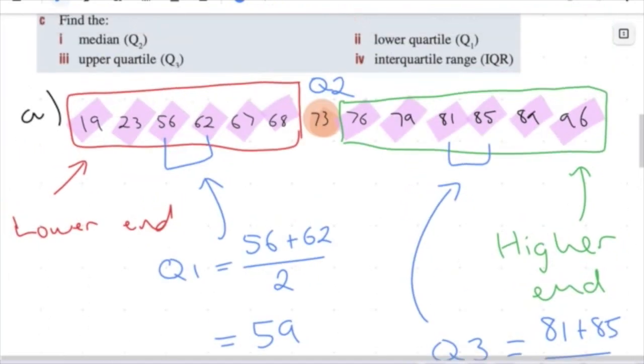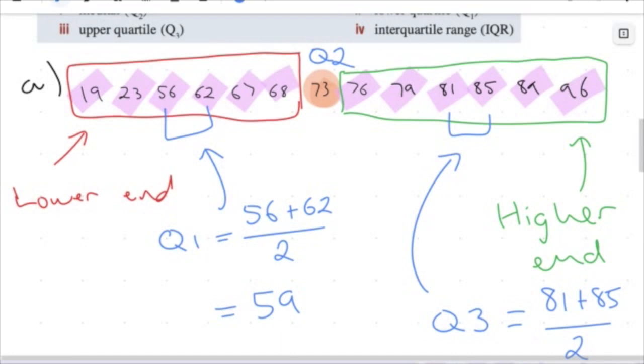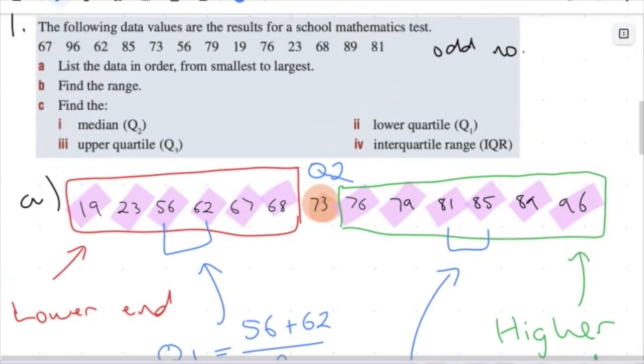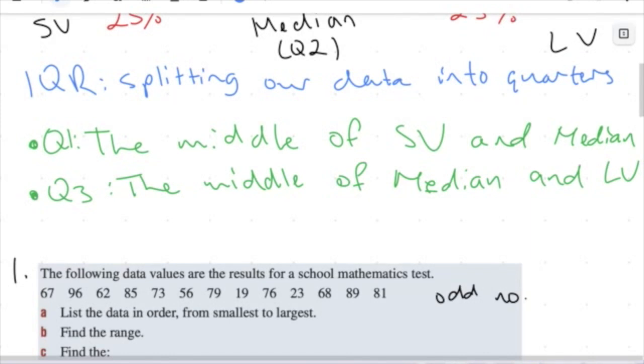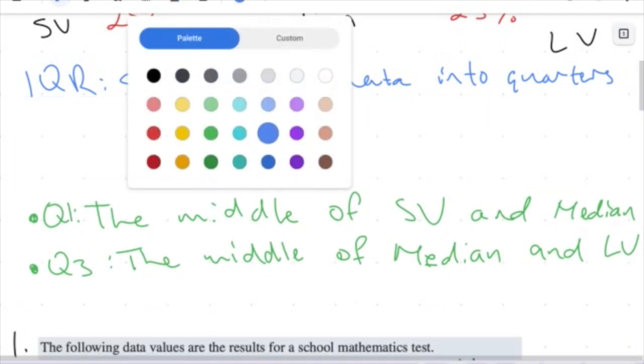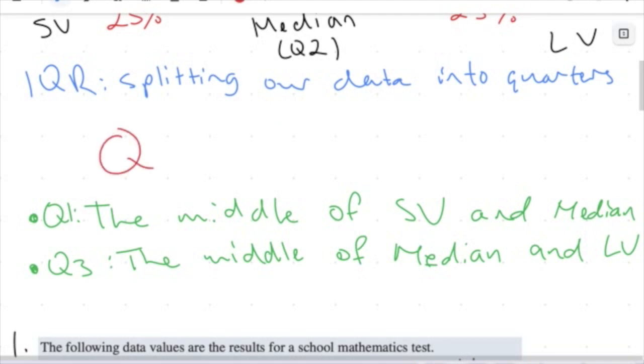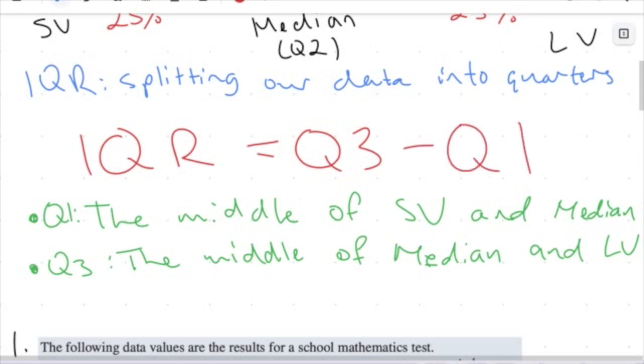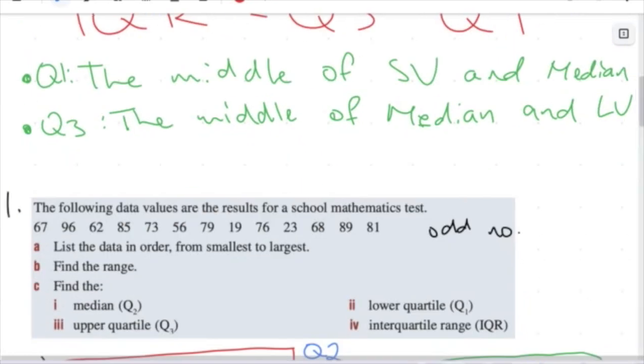And now that we have all of our values here, my interquartile range, which I forgot to actually define for you guys, my apologies, my interquartile range we find by taking our upper quartile, Q3, and subtracting our lower quartile, Q1. Very sorry for doing this late. Should have done it earlier, but now that we have all of these values,